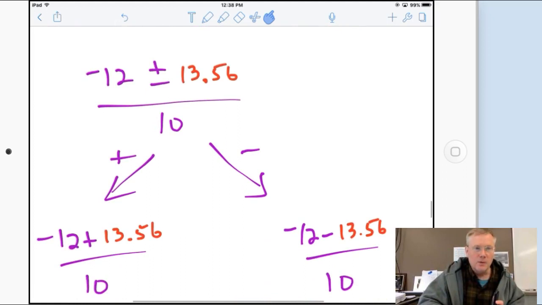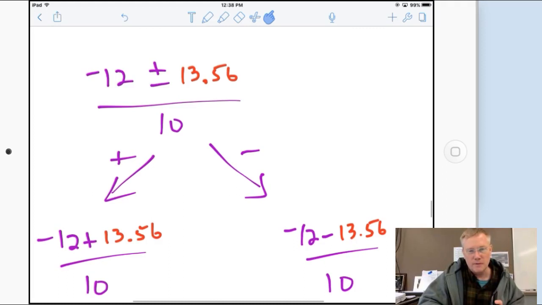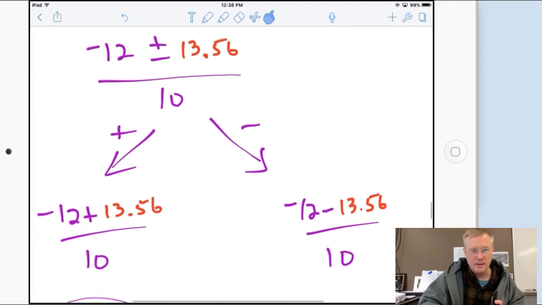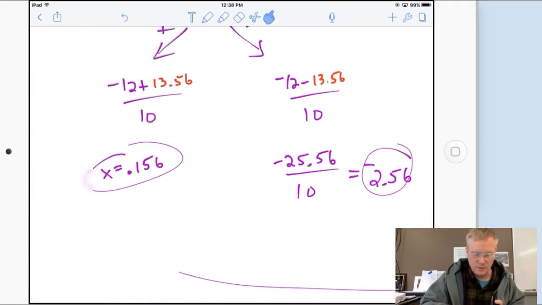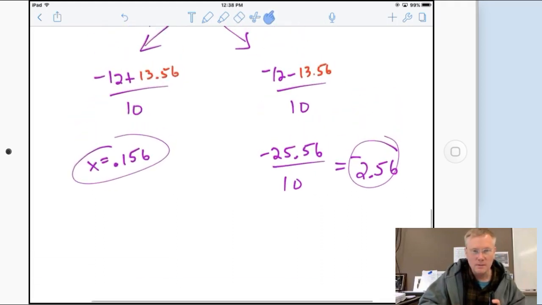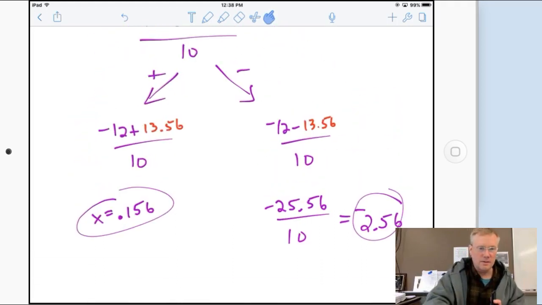I get negative 12 plus 13.56 over 10, negative 12 minus 13.56 divided by 10. And when I simplify that, I get these two answers over here. x equals 1.56 and x equals negative 2.56. And that is it. That takes care of that